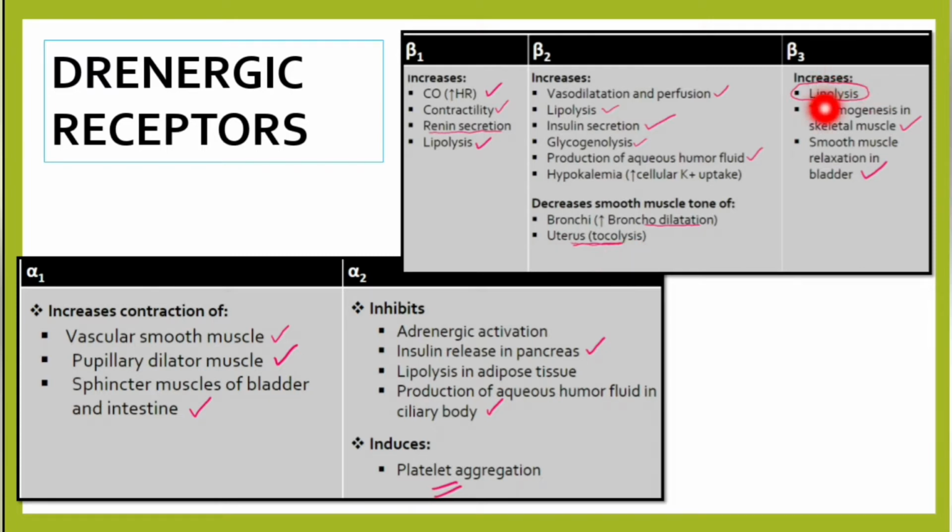Then beta 3, I said you don't need to worry much about this. The stimulation of beta 3 will increase lipolysis, thermogenesis in the skeletal muscle, and smooth muscle relaxation in the blood. This is the part you need to remember. Smooth muscle relaxation in the blood. You need to remember this. I will remind you when we get there. So now let's talk about